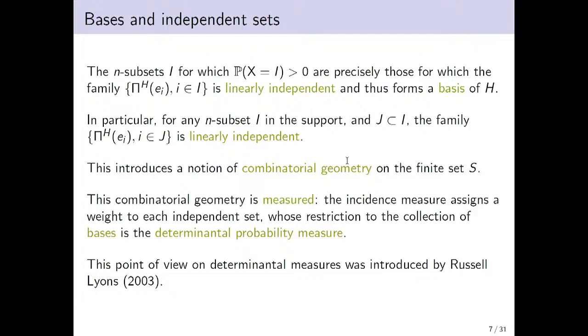And this is an example of combinatorial geometry, as I'll define in the next section. And in particular, in our case, this combinatorial geometry is random, so it's measured. And indeed, the incidence measure assigns a weight to each independent set. And when you restrict